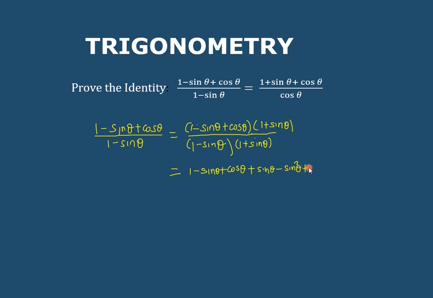Then the last one is cos theta times sine theta, which is cosine of theta times sine of theta. We are dividing this one by, in most cases, after getting a conjugate, you remain with something which is actually a difference of two squares. So I have 1 squared, which is the same as 1 minus sine squared theta. And from there,